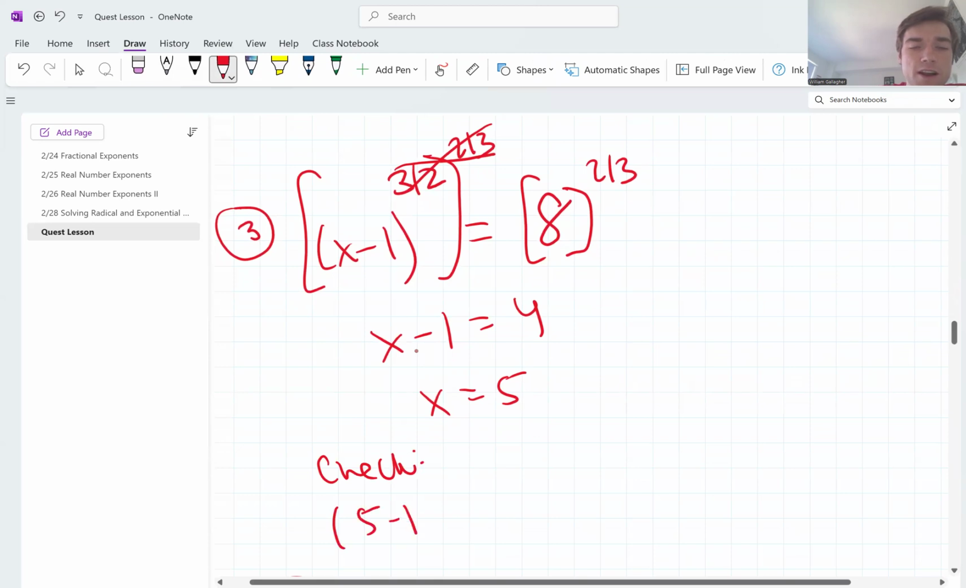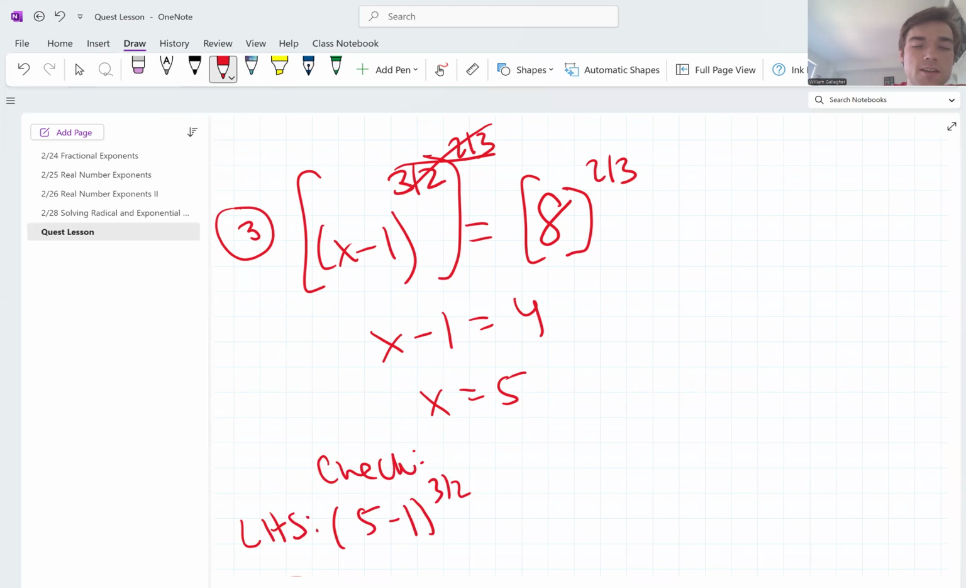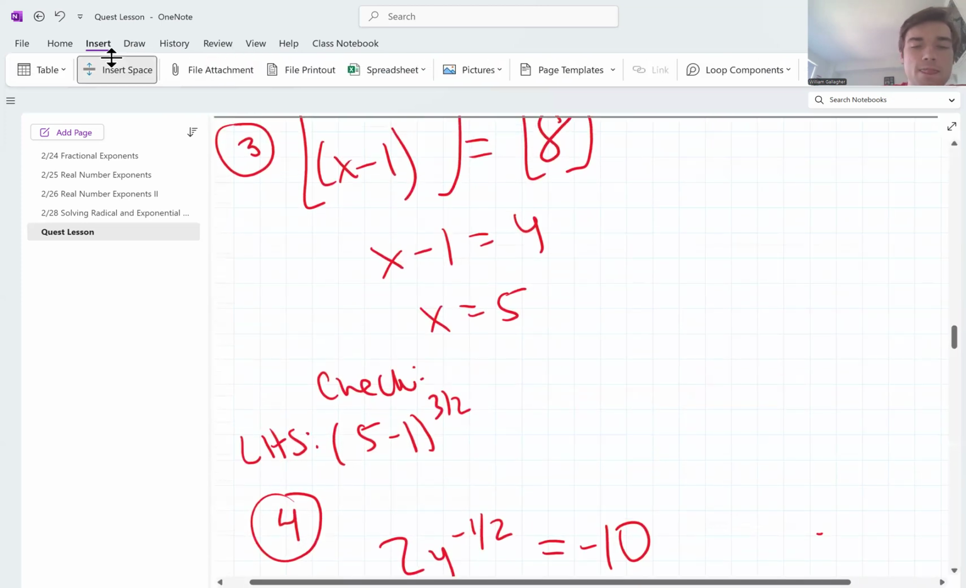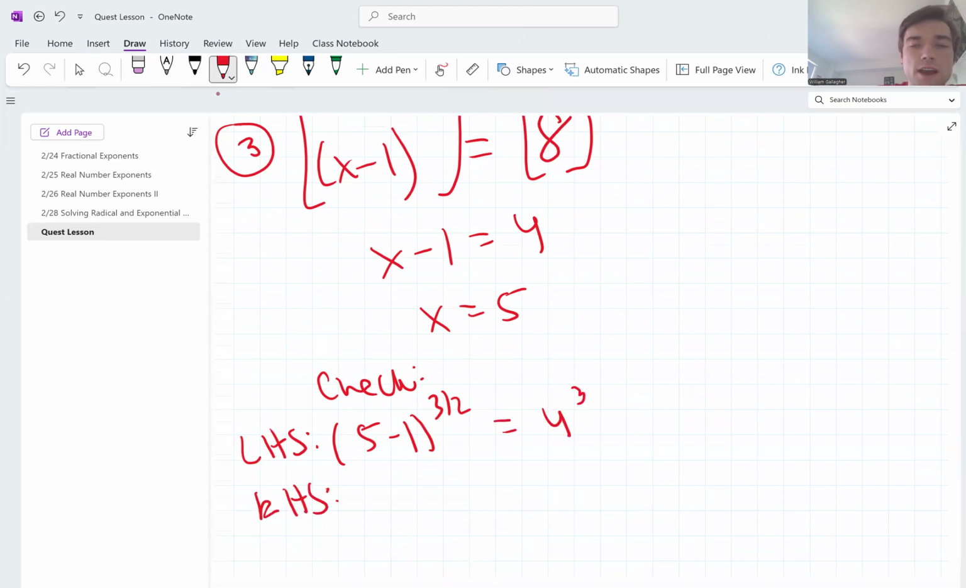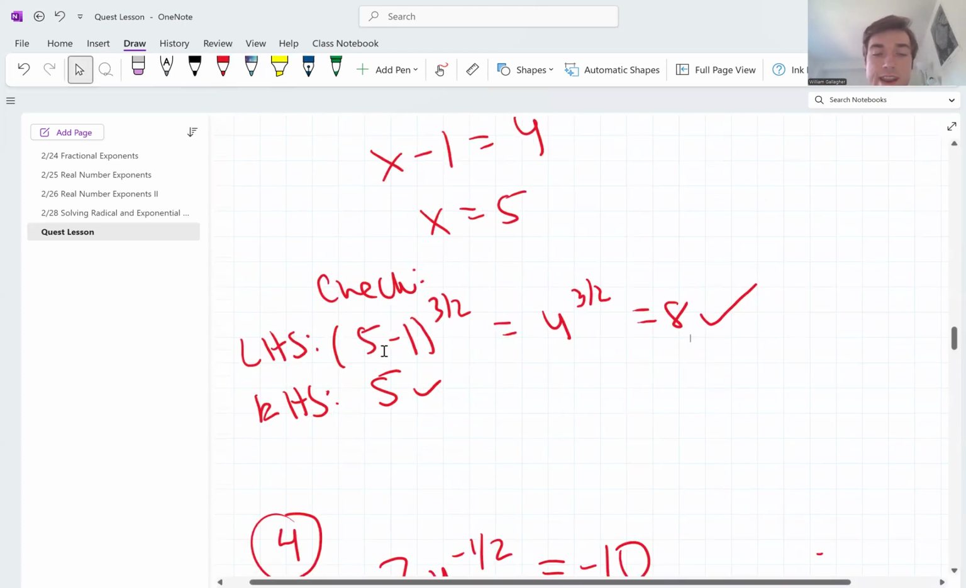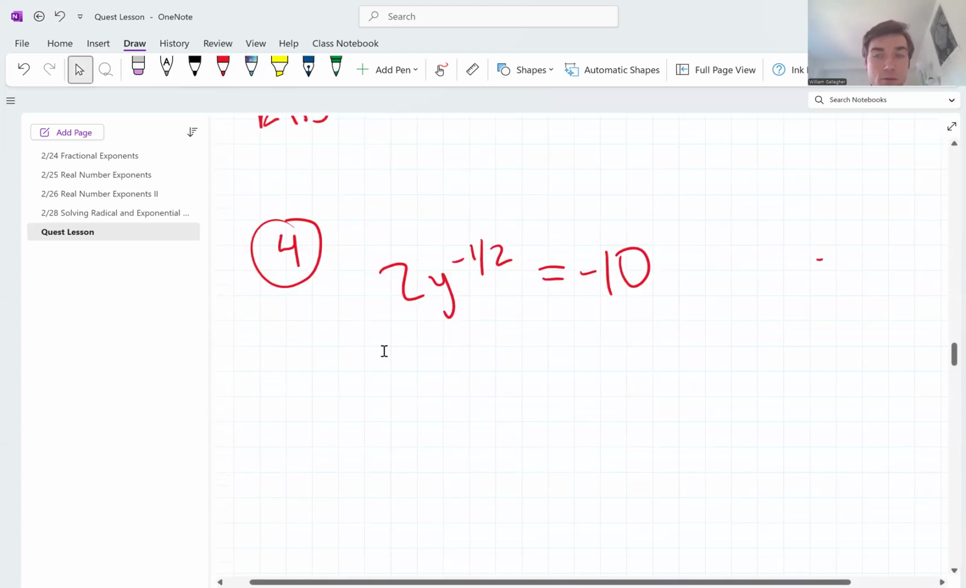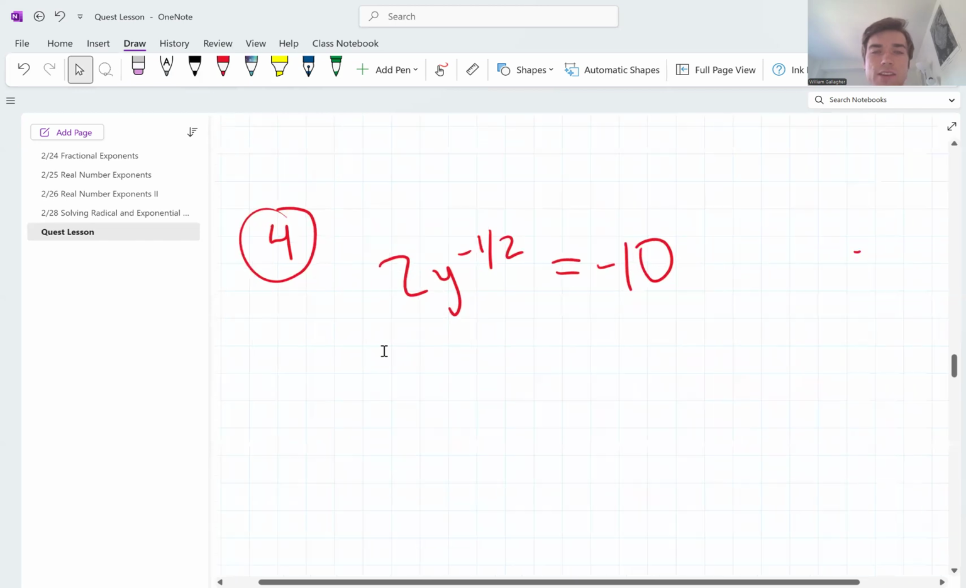And so we get 5 minus 1 to the 3/2, right? That's our left-hand side. And then that will be 4 to the 3/2, which is 2 cubed, which is 8. And then that's what we had on the right-hand side. So we're all set. Now, I, again, would recommend you pause the video here and try this one because it's